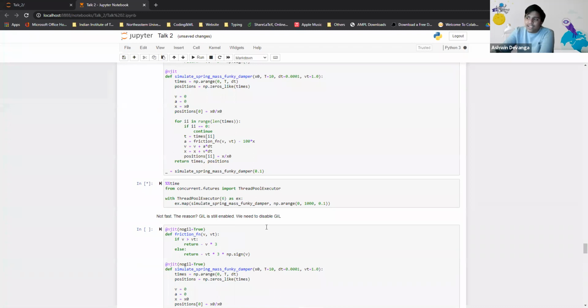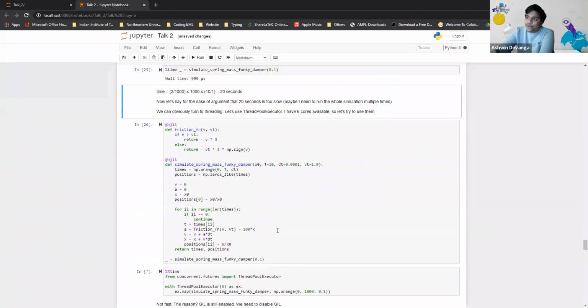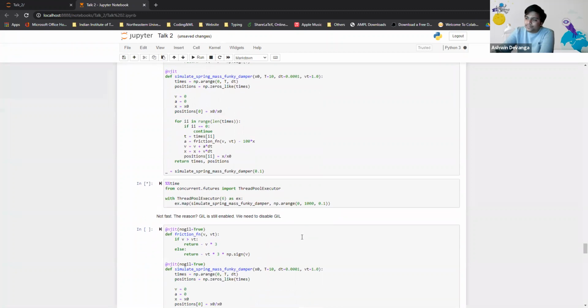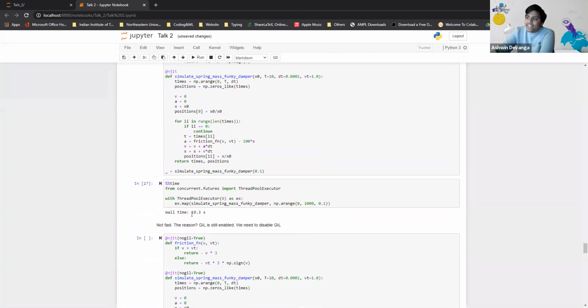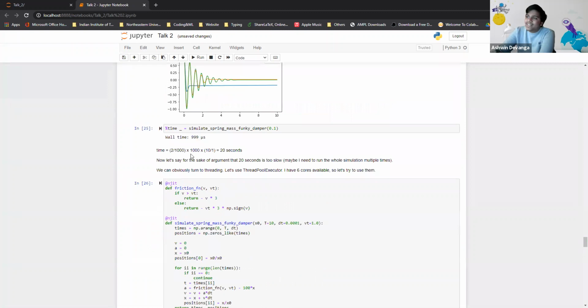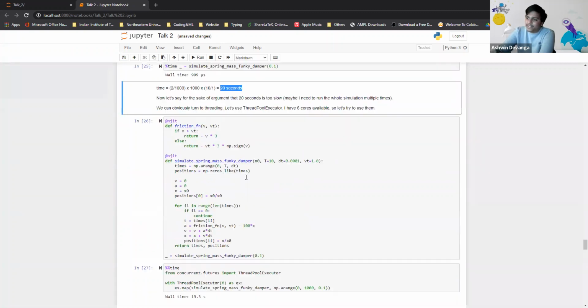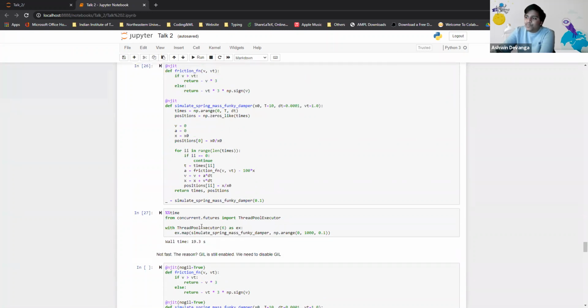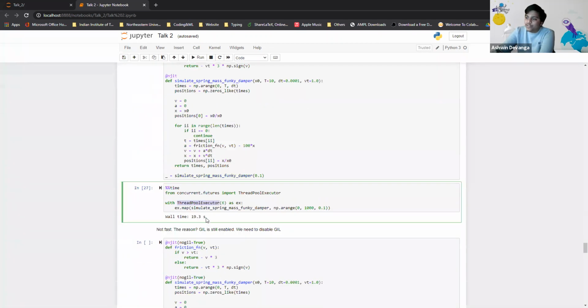Well, it is taking a lot longer than what we thought it would. It took 19.3 seconds. Assuming this was 2 seconds, it basically took the same time as we predicted here. All right. So the reason is thread pool executor does not automatically remove GIL, and we need to make sure that